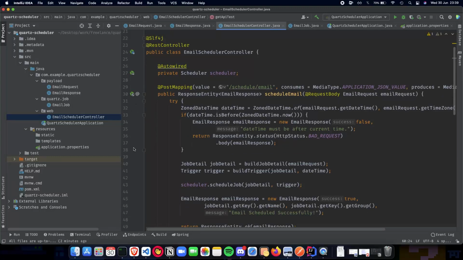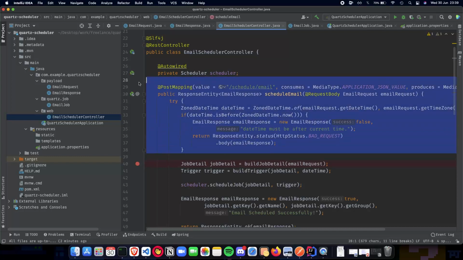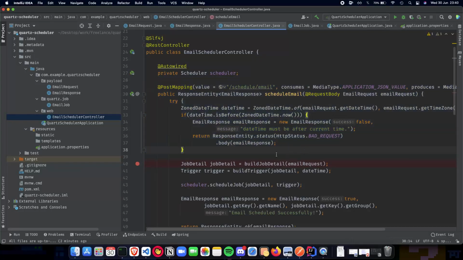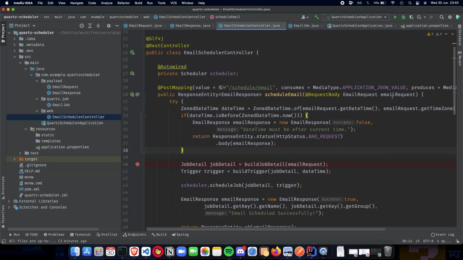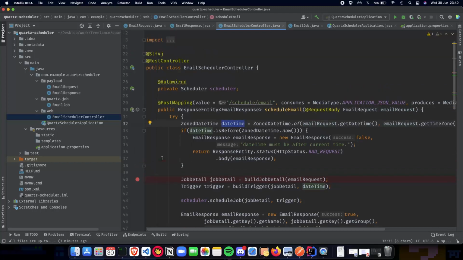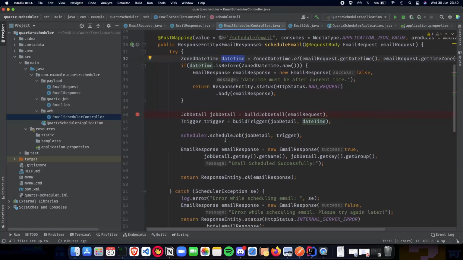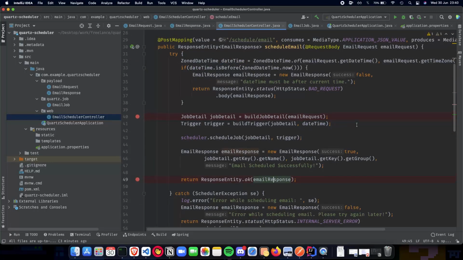If you click on a line here, it will stop the execution of the program for that line. So let's say I do it here. Everything before this, all the variables, I can see them inside the debug console, and we'll see that in a minute. So I want to stop it here and see what is inside my email request. I want to see what's inside date time. That way I can see it here, and then I want to see the response, right? So I want to put a breakpoint here and see the email response that I get back.